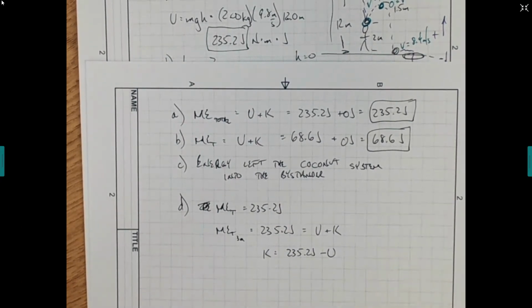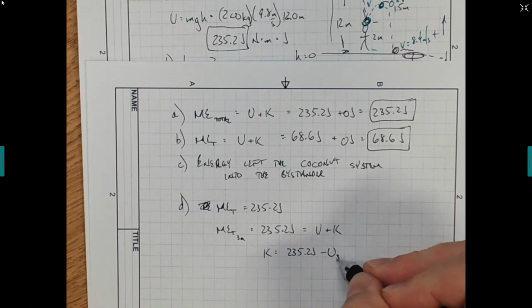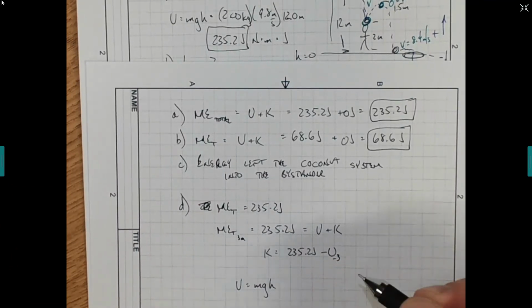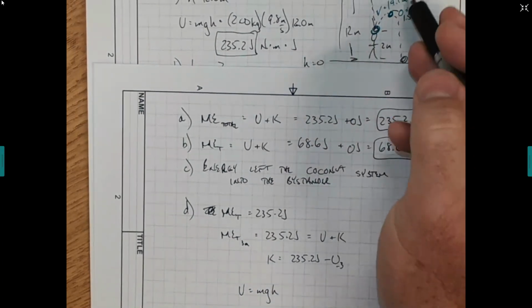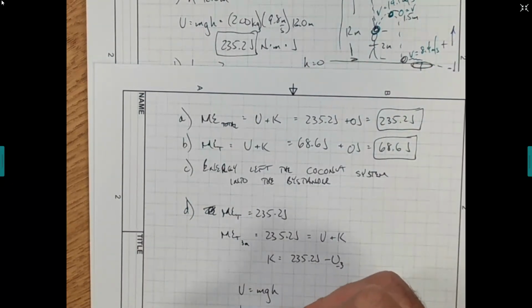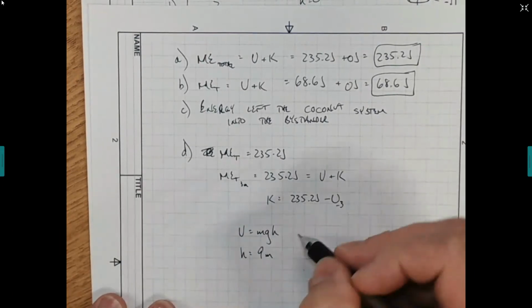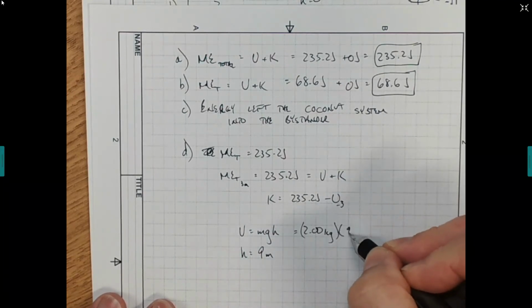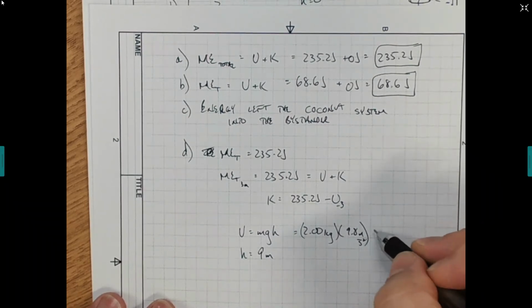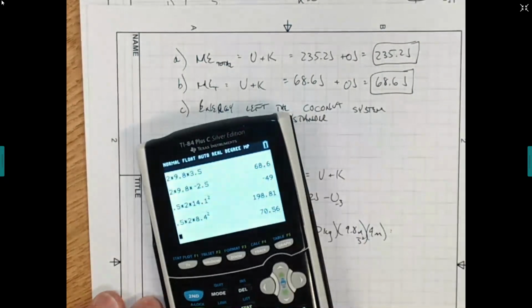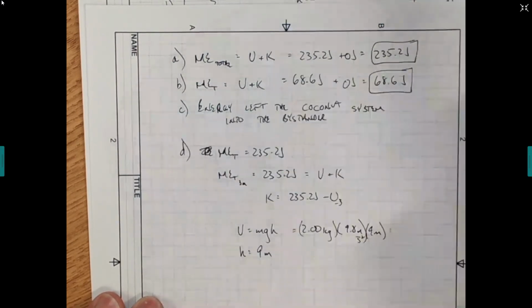So what do we have to find? That potential energy. So what is this potential energy at that point, having dropped 3 meters? Well, let's look at it. Potential energy is mgh. We know the m was 2, the g was 9.8. What is his height? If I started from 12 and I've dropped 3, 12 minus 3, we should be at 9 meters right there. So my height at that point is 9 meters. So my equation becomes 2.00 kilograms, my acceleration due to gravity is 9.8 meters per second squared, and then my height now is 9 meters. So I'm going to solve all that. 2 times 9.8 times 9, I get 176.4